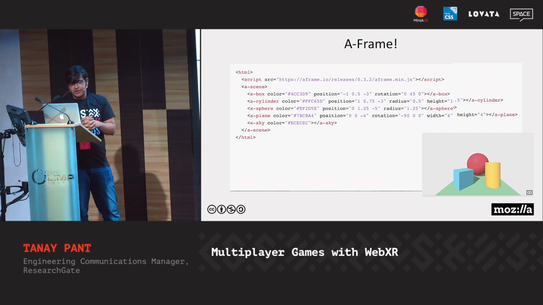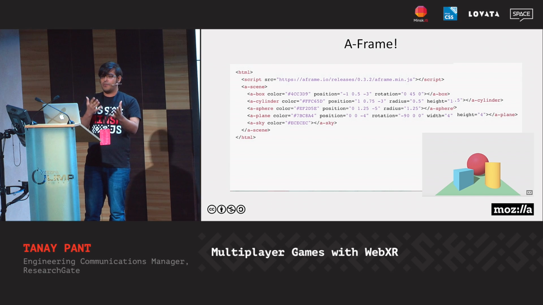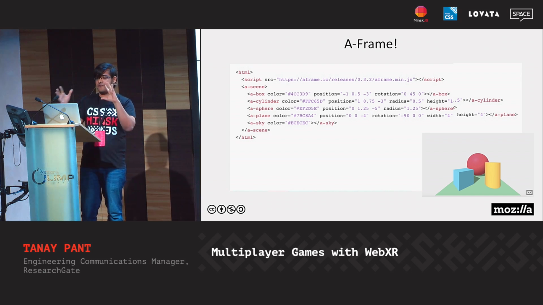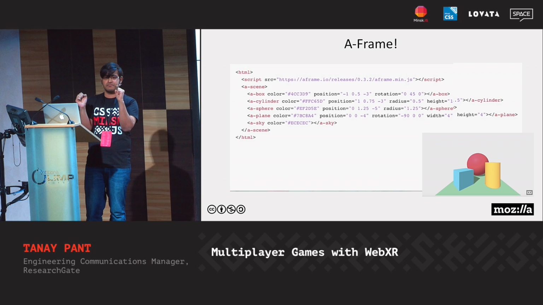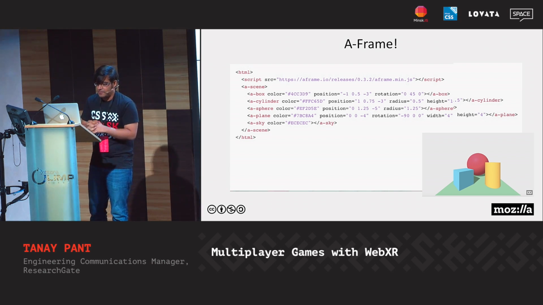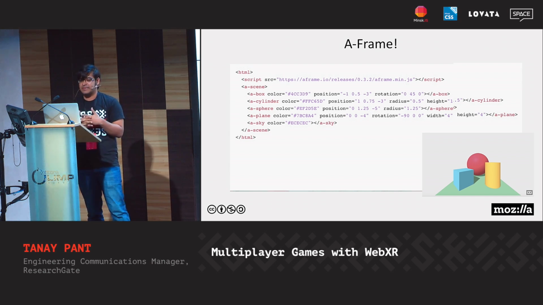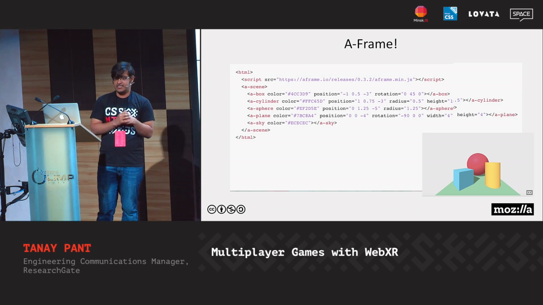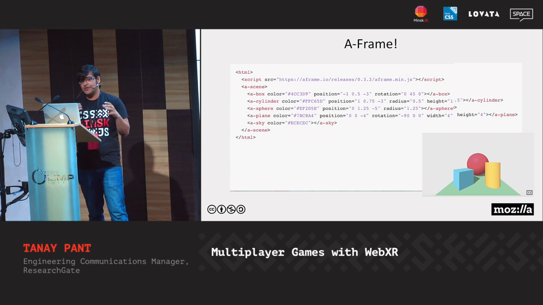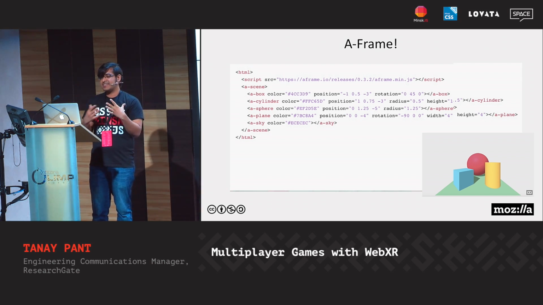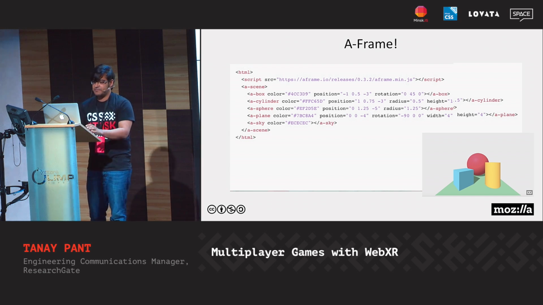So A-Frame is an entity component system. Have any of you used Unity 3D? Okay, 3 people. So Unity 3D is a game development platform. And entity component system is quite popular in game development and is used by software like Unity 3D. So basically, all the objects in the scene are entities which are inherently empty objects. You can plug in components to these to attach appearance, behavior, or functionality. Hence, the entity component system provides an easy way to build up different kinds of objects.